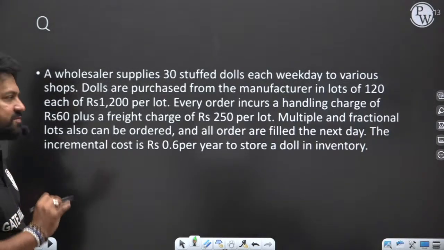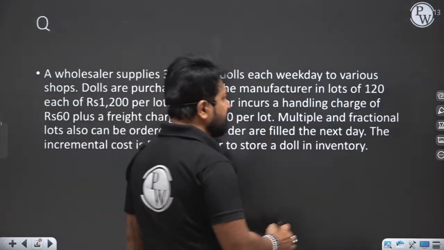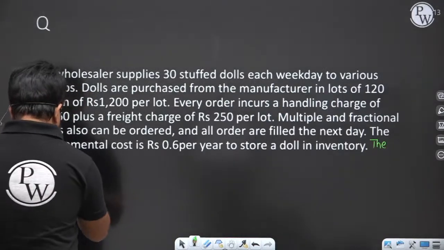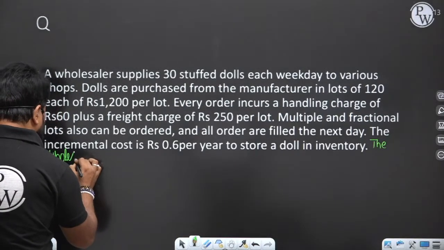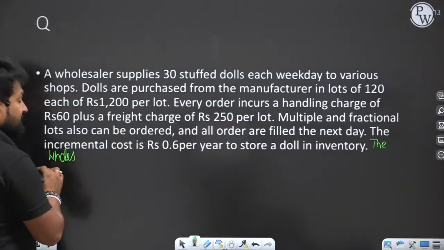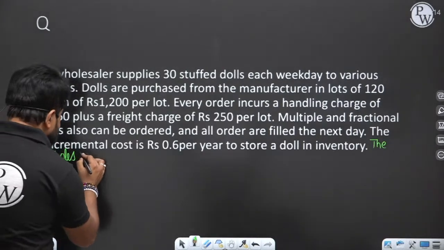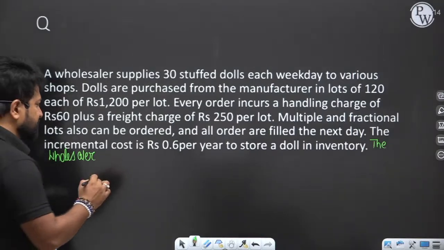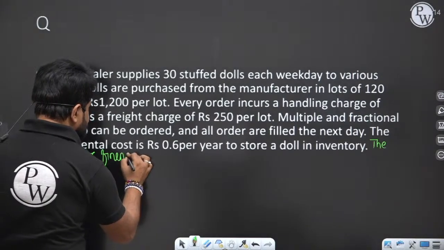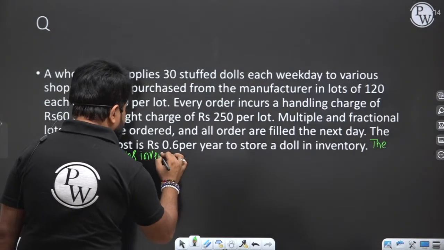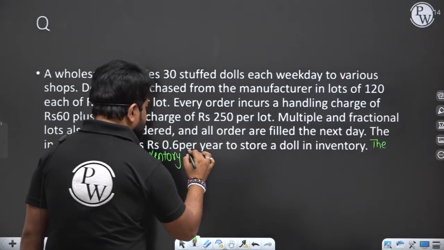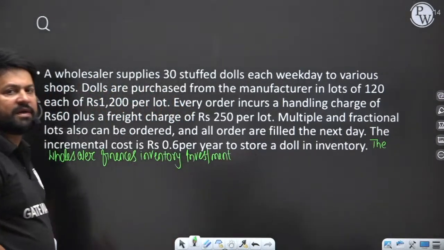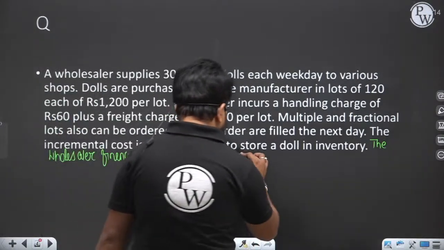There will be one line missing, so I'm going to complete this question here. I have to write that the wholesaler, actually there is some data missing. The wholesaler finances inventory investment by paying its